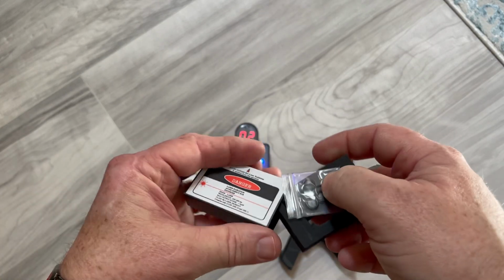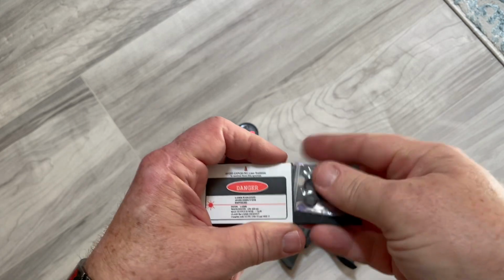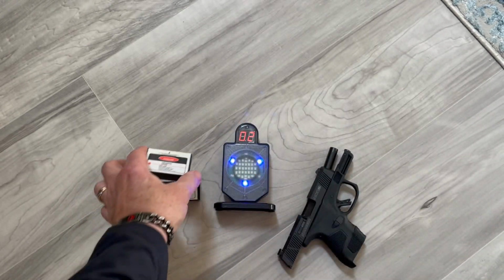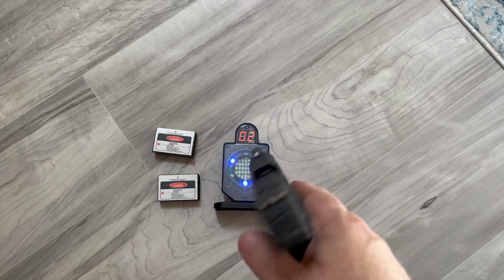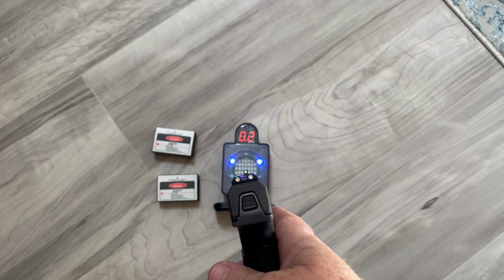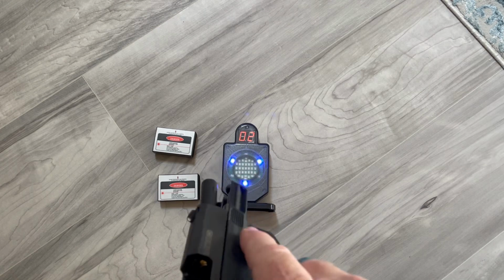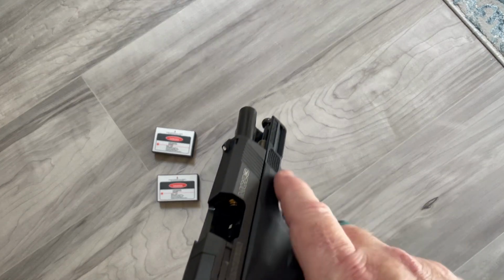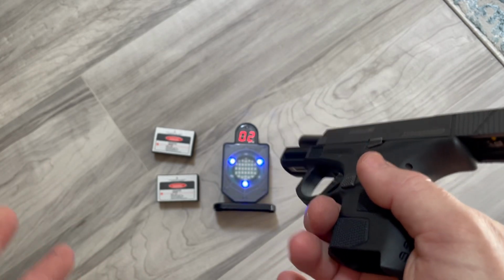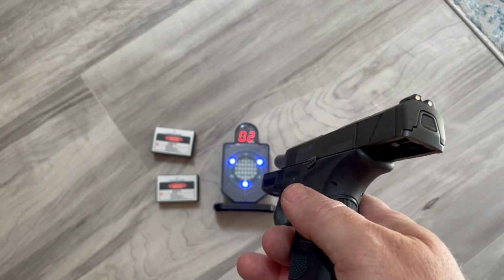Really, I think for the money, if you just want to train someone how to use the firearm in basics, and how to see the sights and look down the sights and make it kind of fun for a new shooter, or a young shooter or whatever, this is a great thing. I don't know what other calibers they have. You'll have to look that up or go to the company and find out yourself. But it's a cool, cheap product. I had to buy the .45 extra,